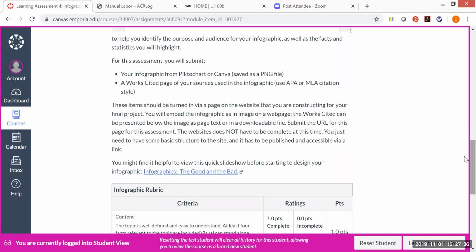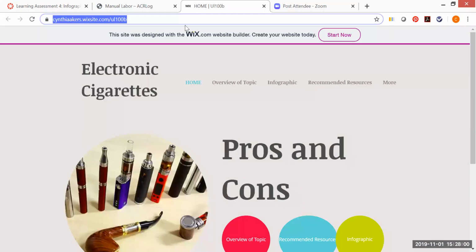So you're going to create an infographic based upon your topic, and what you're going to wind up doing is actually submitting it on the website that you are constructing. So that's why we really want you to watch that Wix tutorial, because that shows you how you're actually going to create and construct a website in Wix. I'm going to go back over here, and what I'm actually going to do is go back into Wix,